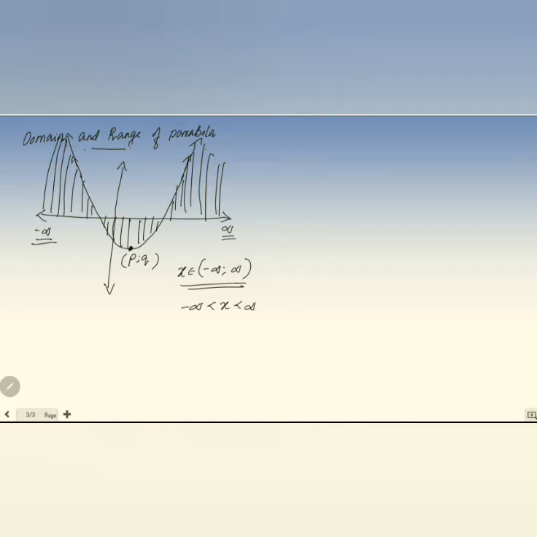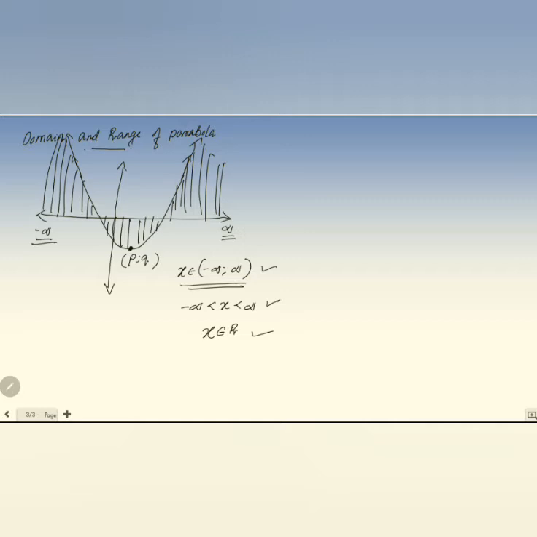The infinity side, if you go with the bracket form, you have to put the open bracket, whether it is minus infinity or plus infinity. Then another notation is also there. We can write like this: x is an element of the real numbers, that is all the real values from the x-axis. So any one of these, all of them will get the mark. I like writing with the brackets. Is it clear? That is the domain.